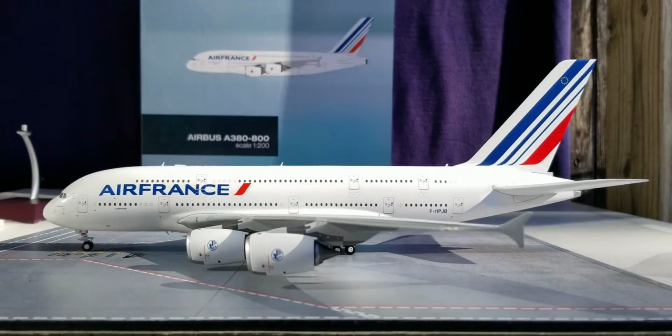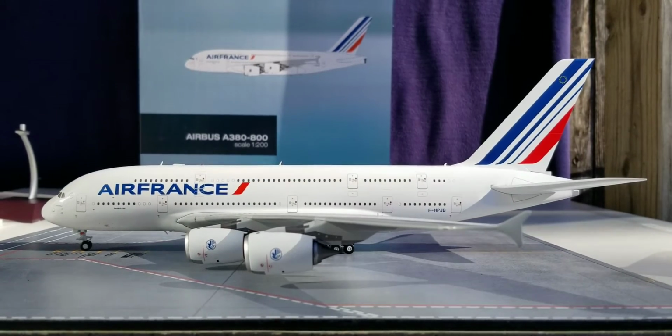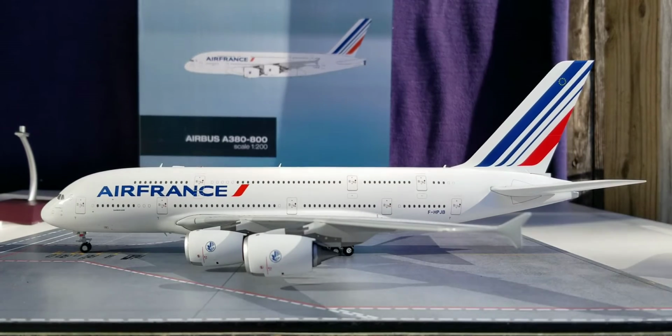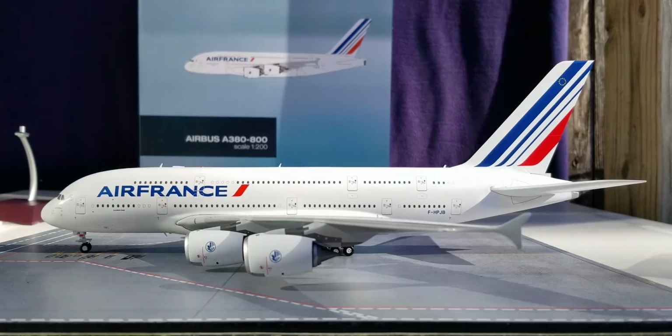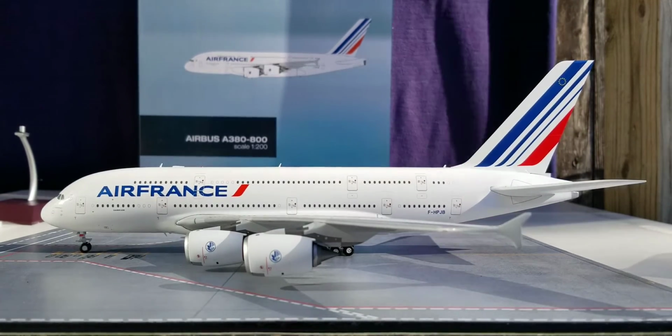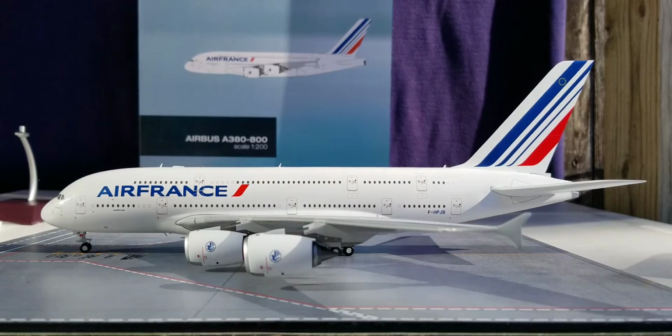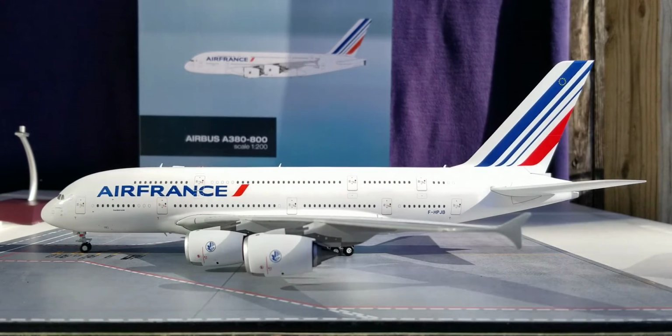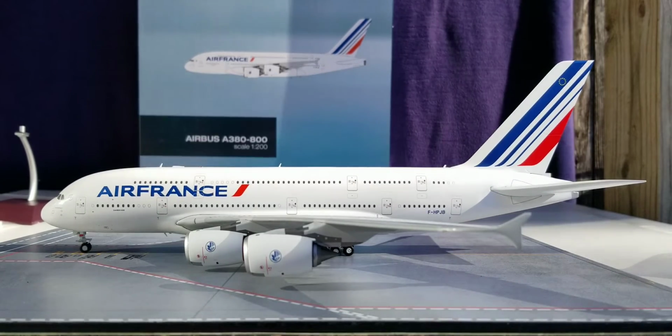Air France became the first European operator as well as the 4th operator overall after Singapore Airlines, Emirates, and Qantas respectively that acquired this prestigious state-of-the-art super jumbo jetliner aircraft, as Air France took delivery of its very first of 10 Airbus A380-800s that the French-based carrier had placed orders for back on June 18, 2001, and received their very first Airbus A380-800 super jumbo jetliner aircraft, which bore the registration ship number F-HPJA